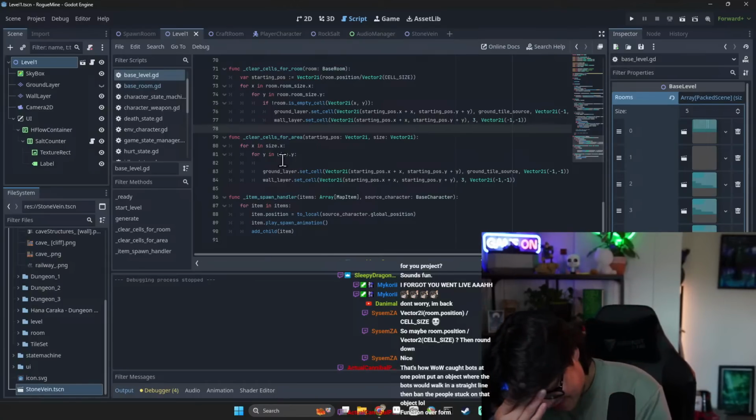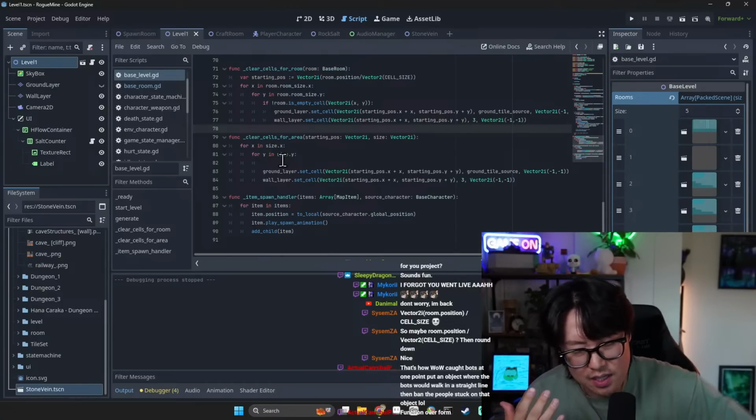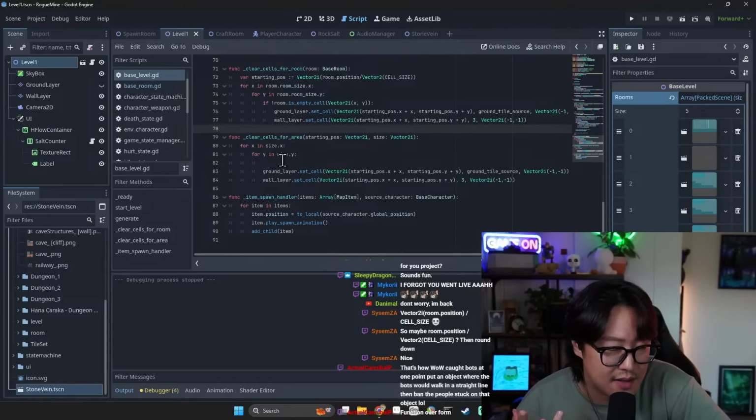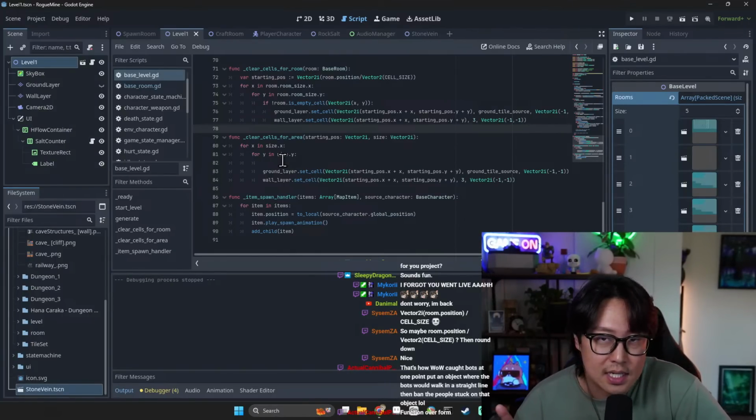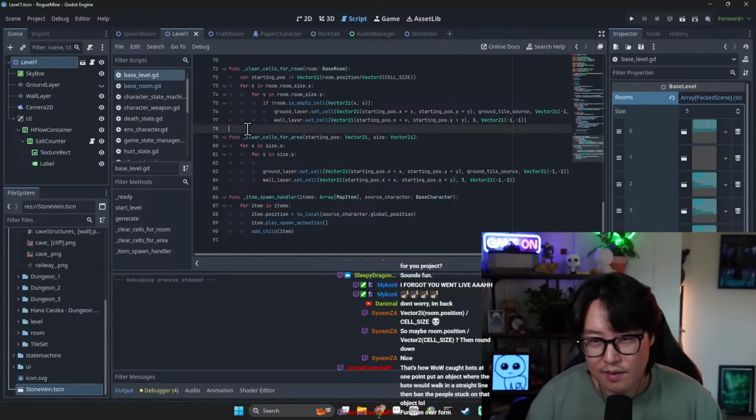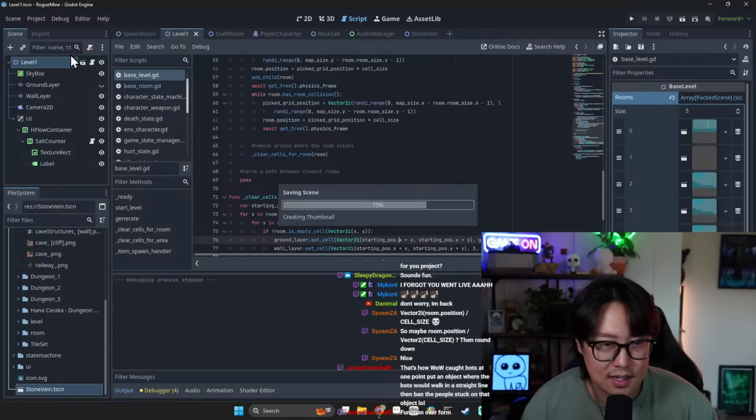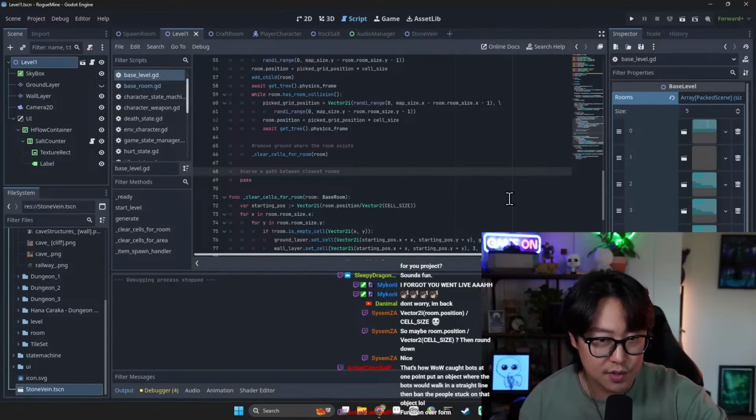Hold on. What if it's already connected? I don't want it to carve out a new path if the room is already connected, because I wanted to prioritize using a path that's already been connected. You know what? Whatever. I'm just going to do it. All right, I'm thinking way too much here. So for each of the rooms,